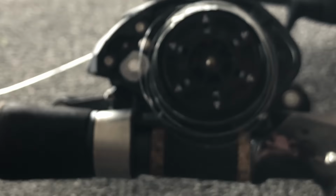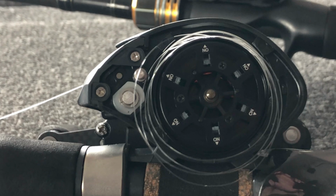Now, if you're using a reel that has those centrifugal brakes, a lot of times you're gonna pop off the side, and I want you to put all of those brakes on, which means they're going to be pushed outward. Centrifugal brakes are just like a tire swing. If you are spinning around on a tire swing and your extremities are sticking out, you're going to slow down. But if you bring those extremities in, you're going to rotate a lot faster. The same thing happens with those centrifugal brakes. If you have those popped out, you're going to slow the spool down. But if they're all popped in, you're going to let that spool spin a lot faster, which at times can